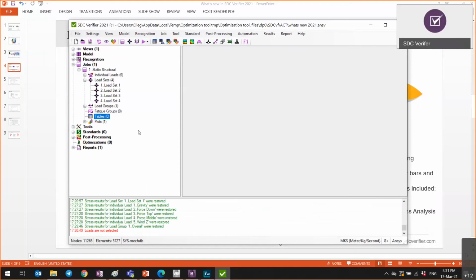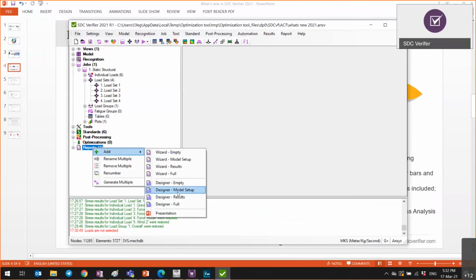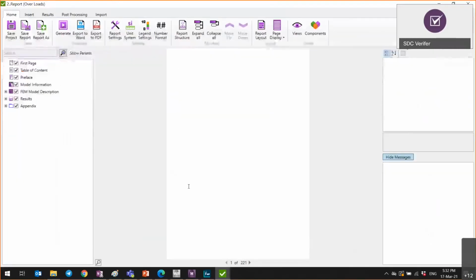And now I'll show a new feature of the report designer. So we go to reports, add report designer full, for example. And here is the report designer of SDC Verifier. A lot of small updates and tweaks have been added, but the most significant one, first of all, is the report structure. So as you probably know, or I will now inform you, there are two types of report structure